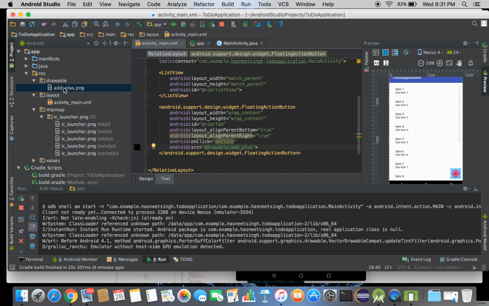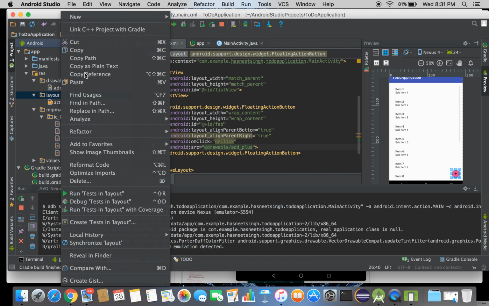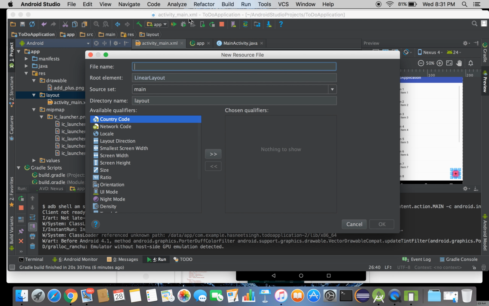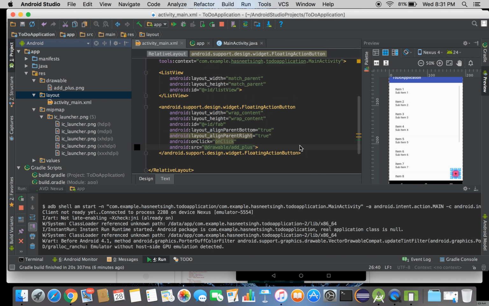Okay, now with this being said, when we press this button, we want another activity to be launched, and we have to define the layout for that activity as well. So click new layout resource file. I'm going to call this file todo_layout. You can call it whatever you want, and